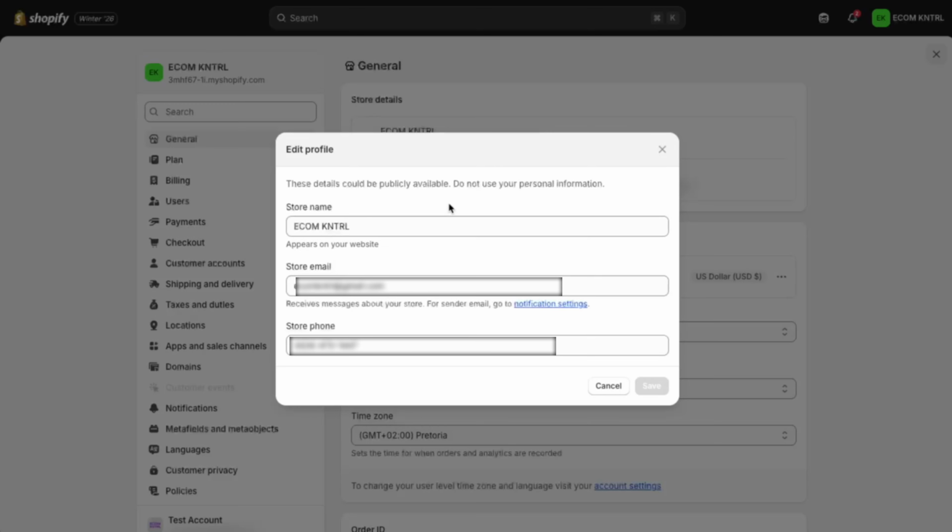Take a moment to read through this section so you're familiar with what's there. If you ever need to copy your store URL, this is a reliable place to find it. Just highlight the address and copy it, making sure not to share it publicly along with any sensitive account details. And that's all you need to do. By going through your Shopify dashboard, opening settings, and editing your store details, you can quickly see and confirm your Shopify